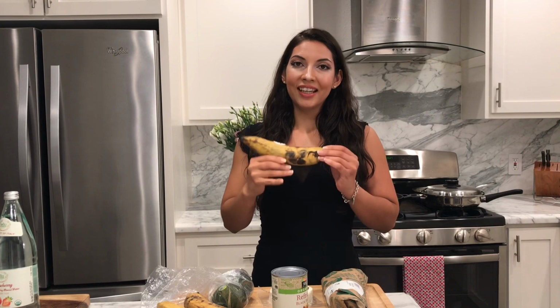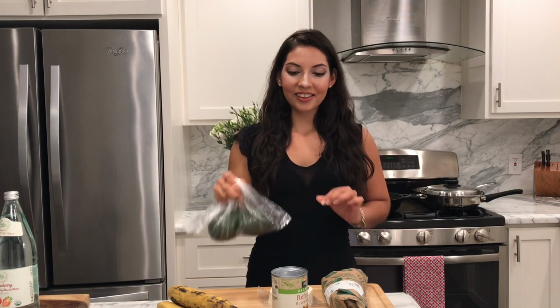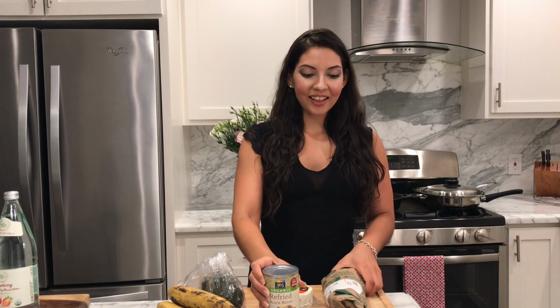cotija cheese for frying, sweet plantains for frying, organic avocado, refried beans, and skirt steak beef. So the first thing that I want to do is get started with my steak, since